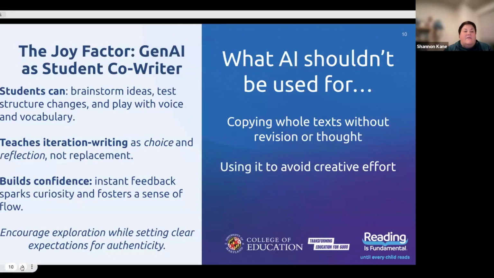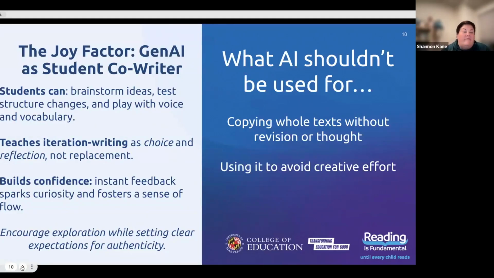This idea of this iteration of writing, right? It's choice and reflection, it's not replacement, right? Because anyone who's used AI before realizes that even with the best prompt, sometimes you stare at the screen and you're like, nope, I actually like what I said better, or that just doesn't sound right. Or it sparks an idea in your head, and then you go back and rewrite on your own, right? It's not just pure replacement. And so if anything, it's underscoring and emphasizing that idea that writing is a creative, iterative process, right? But you have to be present to use it, as opposed to just copying and keeping it moving.